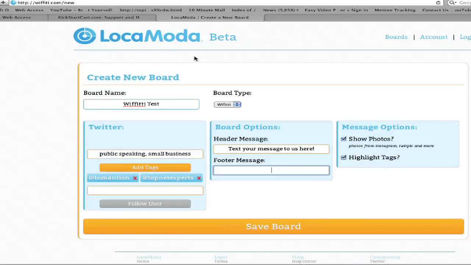Exclamation point. Okay, and then we're going to put a footer message. The footer message could say something like, send us your funniest moment, or anything along those lines to get somebody to text, or you could just say, send the number again, the number that we don't know and we can't find. So hopefully we figure that out later, but I'm just going to say,